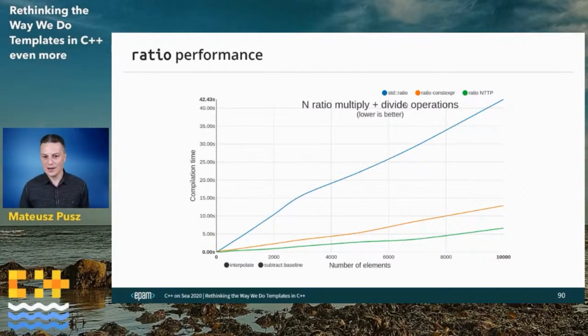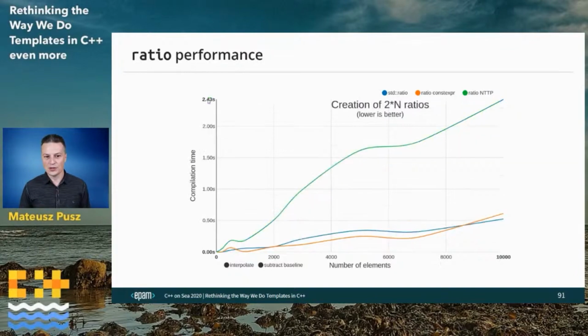However, when I divided this into specific operations being done, for example, creations only, you can see that it was 42 seconds and creation took 2 seconds. So only a small chunk of it, but you will find that the creation of ratio NTTP actually was the slowest one because of this constructor run during compile time. I still made all of my calculations much faster because I gained some speed on other operations, but construction was